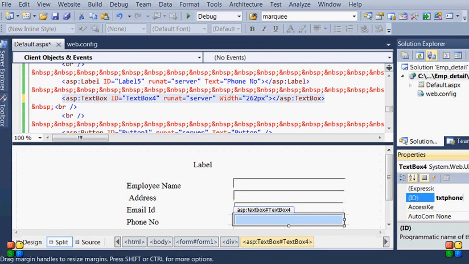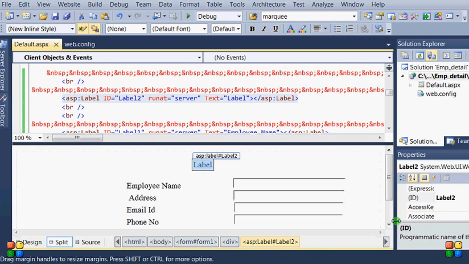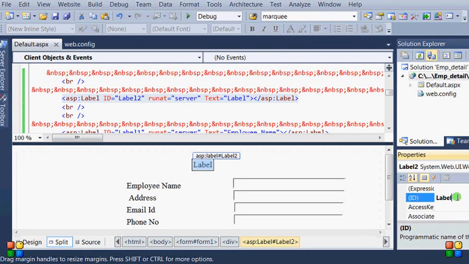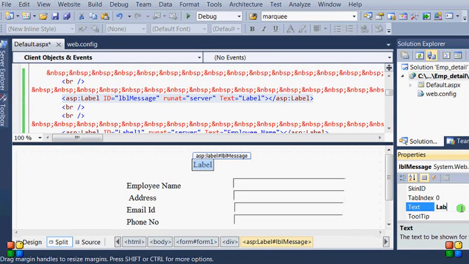So all the things are assigned. This is a label, so it should be changed. We can get any message, like when we are going to open. So here it would be enter employee records.